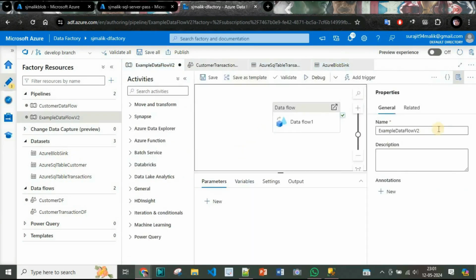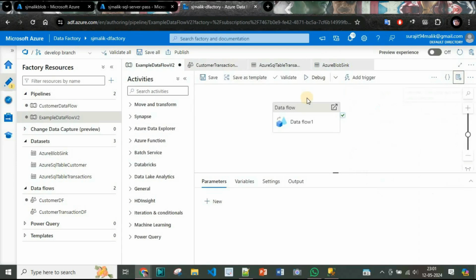When the data flow is executed, ADF uses an underlying Spark cluster to process the data. The data flow is translated into Spark jobs that run on the cluster, leveraging Spark's distributed processing capabilities. ADF can automatically provision and manage Spark clusters through the integration runtimes. The two main types are the Azure integration runtimes, fully managed runtimes that automatically handle the provisioning of the Spark clusters, and the self-hosted integration runtimes, which allow you to bring your own Spark cluster,